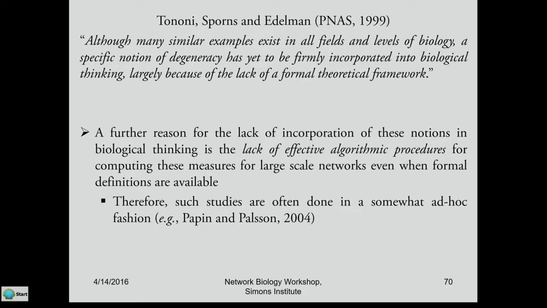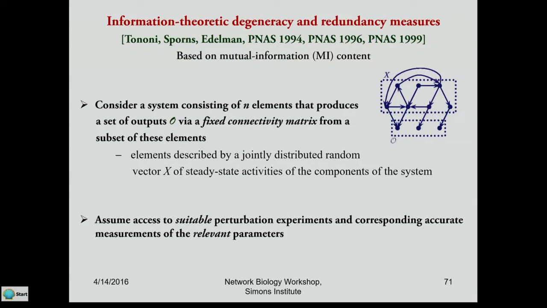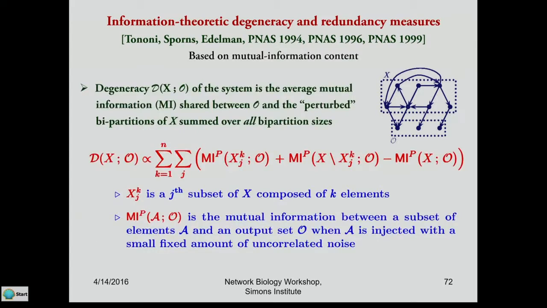So, for example, I use this quote: although many similar examples exist in all fields and levels of biology, a specific notion of degeneracy has yet to be firmly incorporated in biological thinking, largely because of a lack of a formal theoretical framework. And the other thing is that there is a lack of effective algorithmic procedures. So you can define this based on an information theoretic measure, going through mutual information of systems. The problem is that